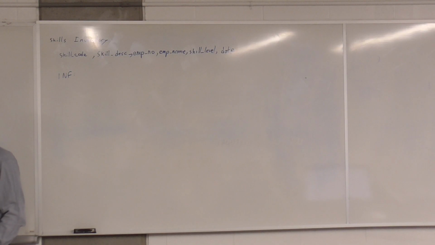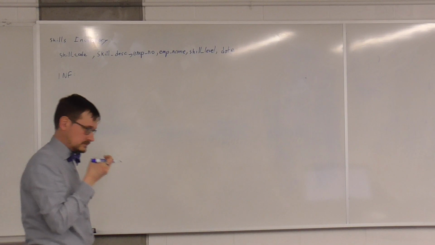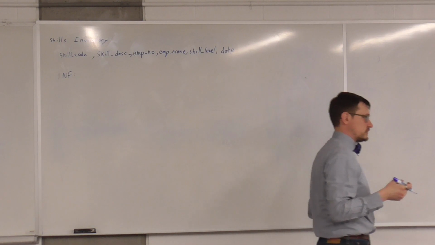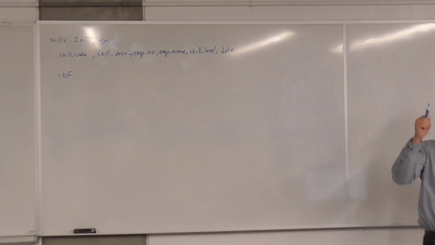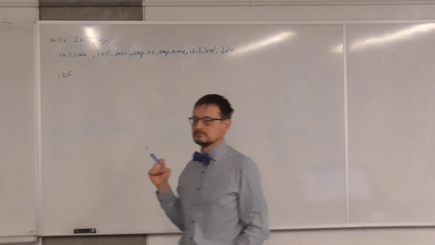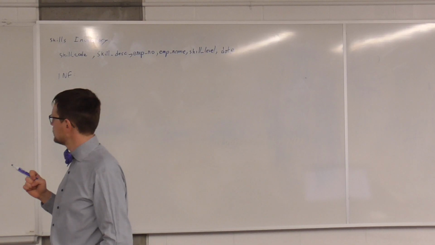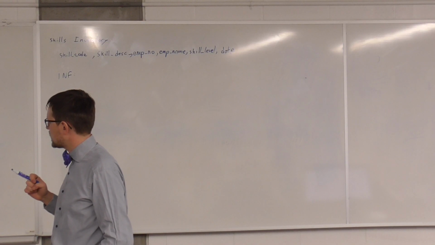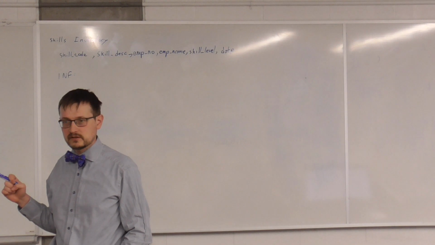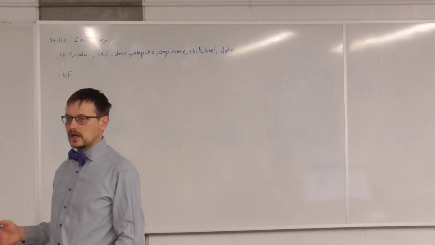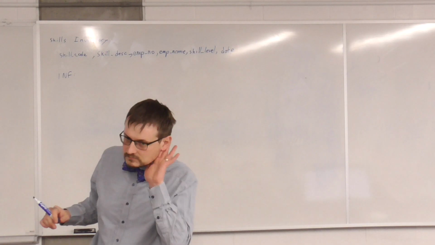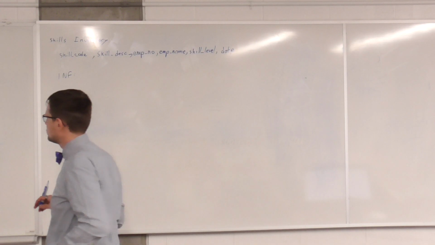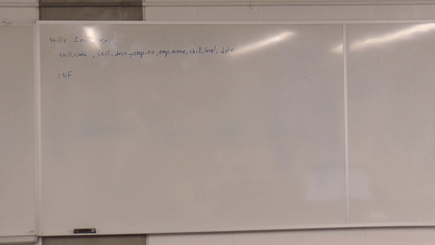What do we got? How do we compute the first normal form? Remove calculated values. Yes, remove calculated values. We don't appear to have any calculated values here, so what's the other thing we do? The skill code as